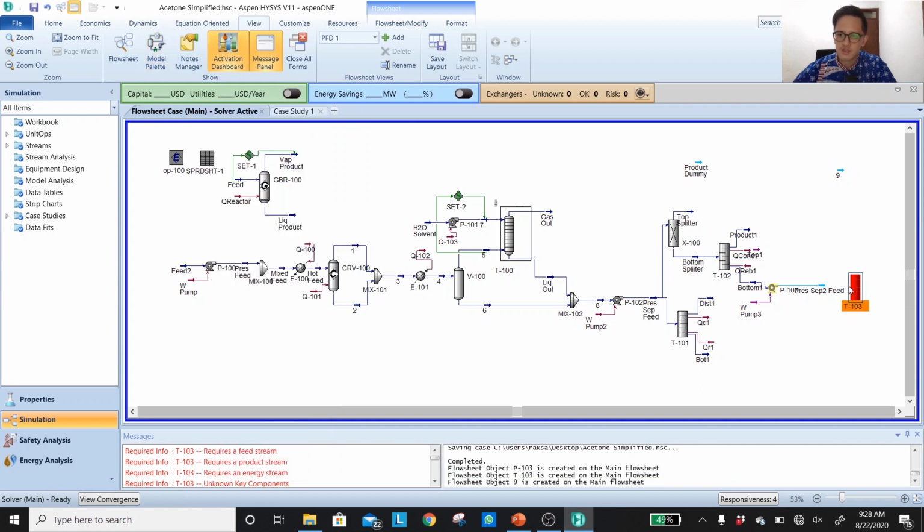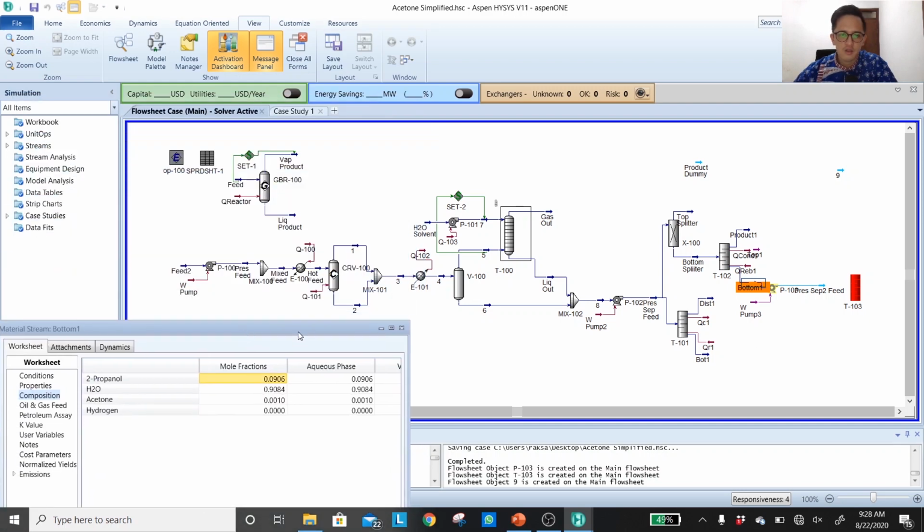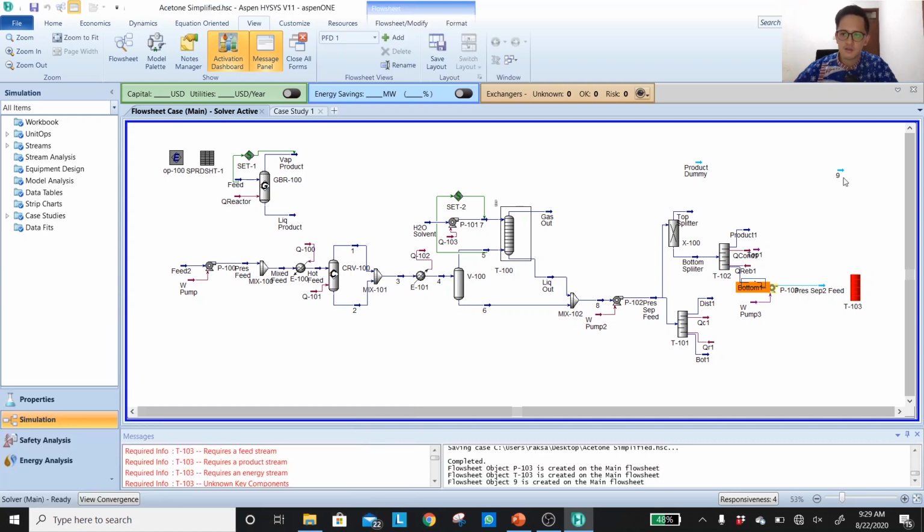Okay, so think about what will happen in the next distillation column. You have water, you have IPA, you have a small amount of acetone. So the idea is to remove the water from the system, where you recover the propanol and the acetone back into the mixer. So you want to revert the propanol and the acetone back into the process. So you want to reduce the water at the top to be as small as possible. That means at the top you want to get as much IPA as possible. Is that doable? Let's check.